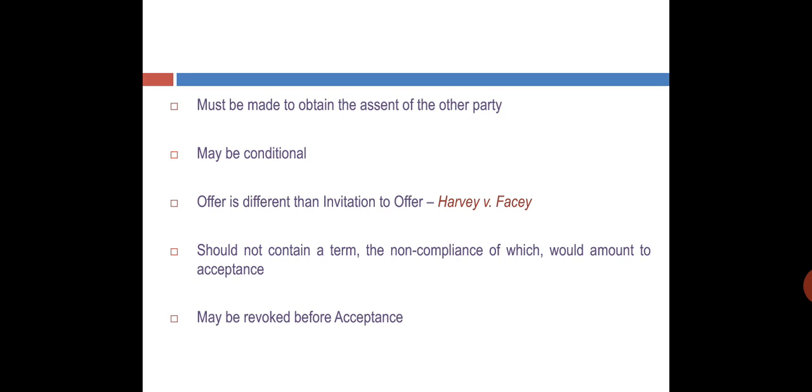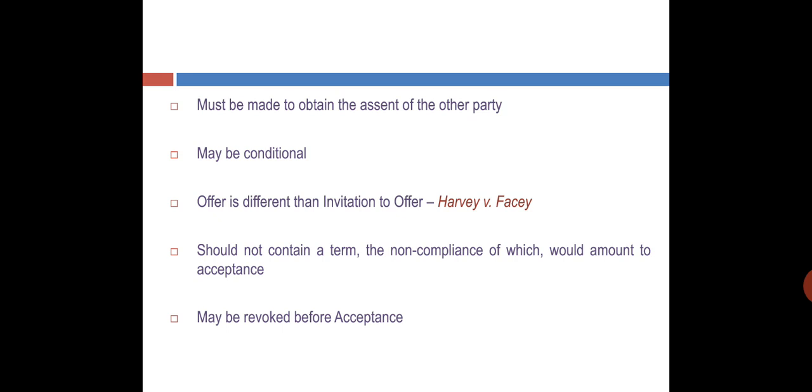That means he is inviting offers from the public at large. You go to the shopkeeper, you ask the shopkeeper that yes, I'm ready to purchase this dress, what is the cost of that dress. It means that you are making an offer to the shopkeeper. Now the ball is in the court of the shopkeeper whether he wants to accept your offer or not. If he rejects it, that means there cannot be a valid binding agreement. But if he accepts your offer, you go ahead to the stage of a valid agreement. So whenever you go shopping to, let's say, any particular mall or any shop, or you travel in the bus, all these are considered to be